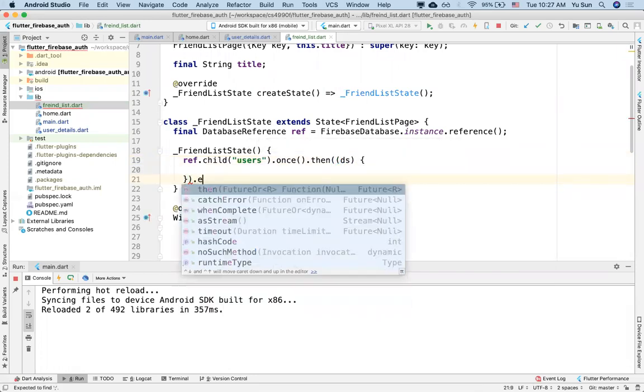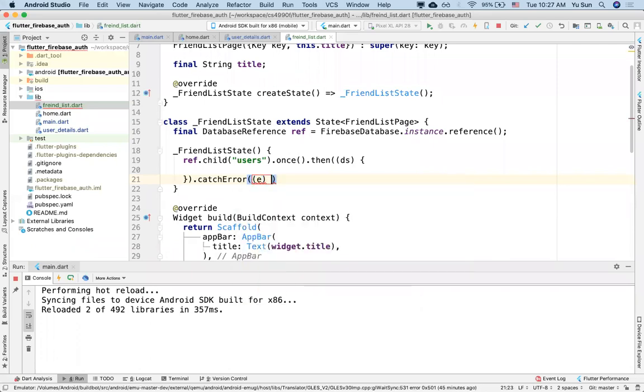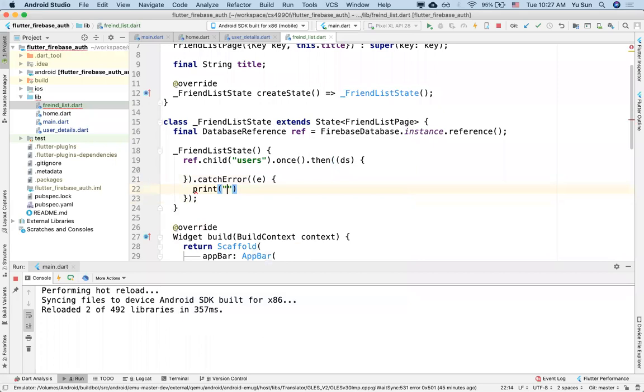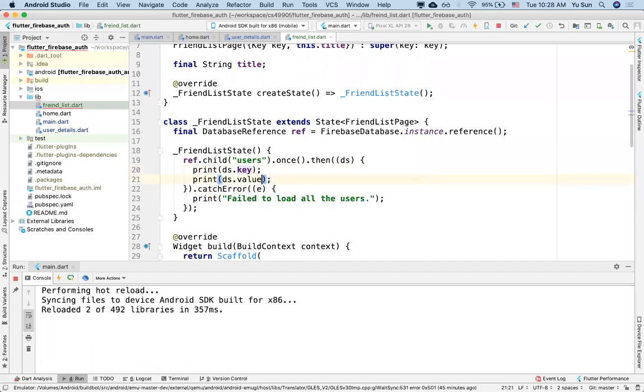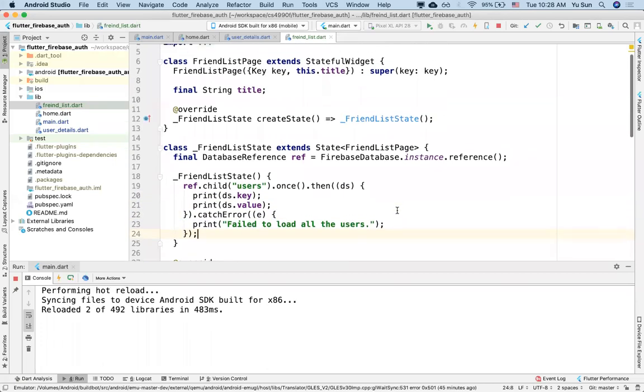Okay, and then catch error. So same kind of structure all the time. And fail to load all the users. Okay, here we're going to print just to make sure that we can get the information. One is the key, one is the value. Okay, all right, and then let's refresh,